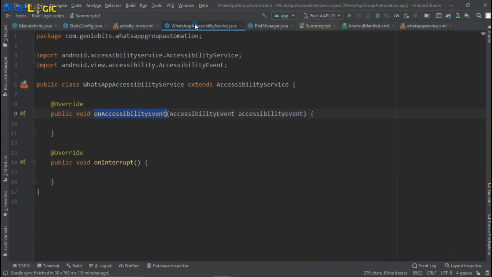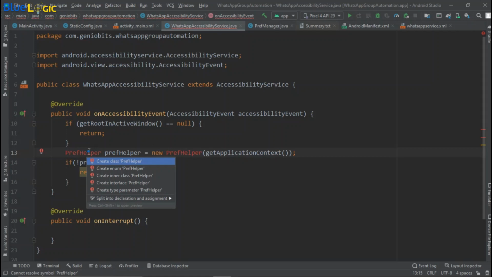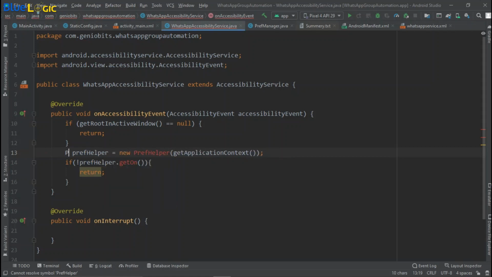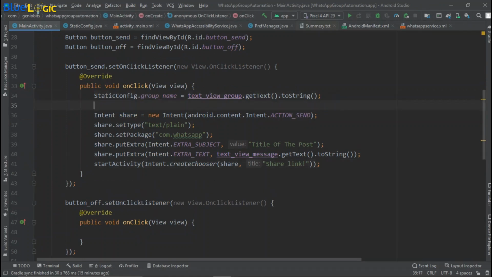So let's go to our accessibility service and then paste it. Our preference manager is this one, so I just change it to preference manager, and the method is get is on. So whenever user clicks on this button, that is button send, we just have to turn on our accessibility service.